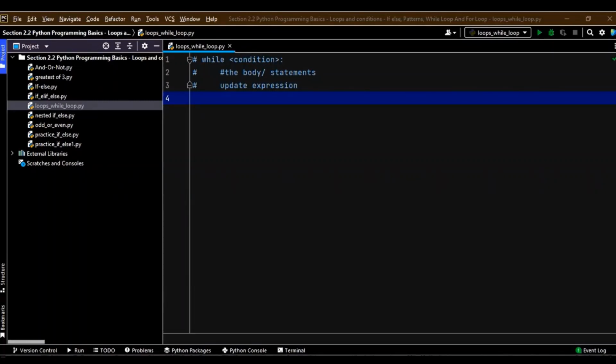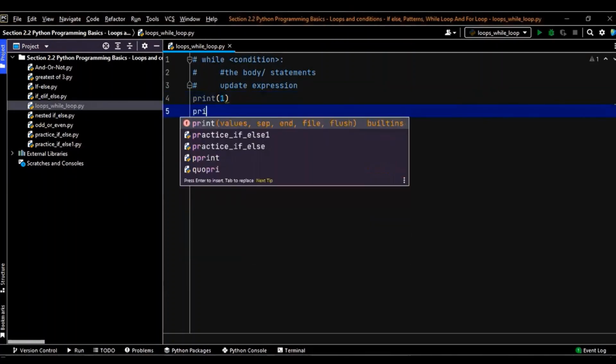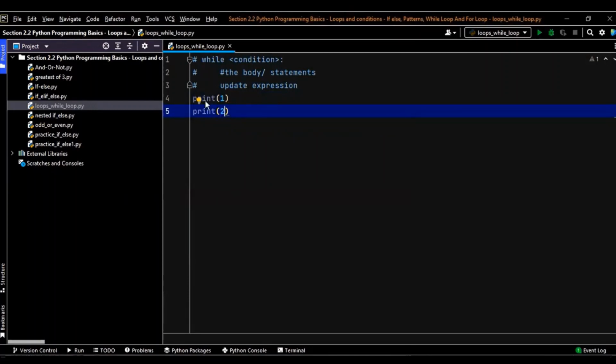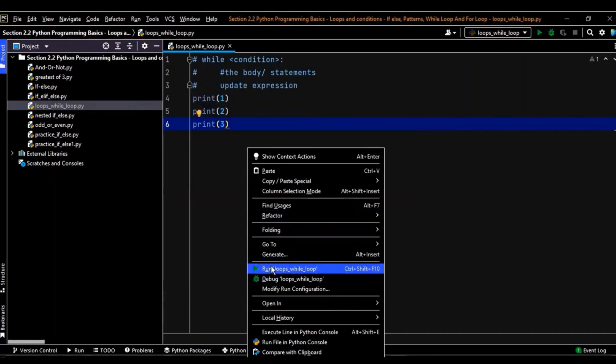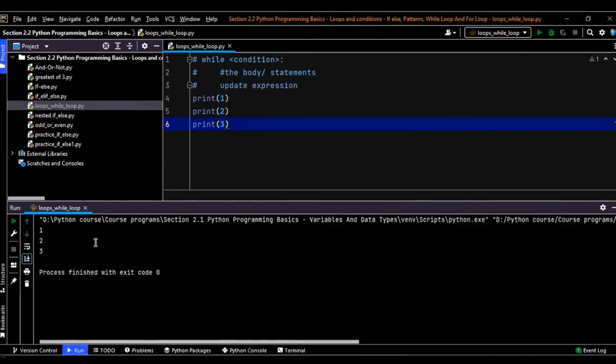Most people would simply start writing something like this: print 1, print 2. There is nothing wrong in this. I completely understand that this is also the correct way. But the point is, why do you need to write this print statement so many times? It's completely working fine, right? Cool. But